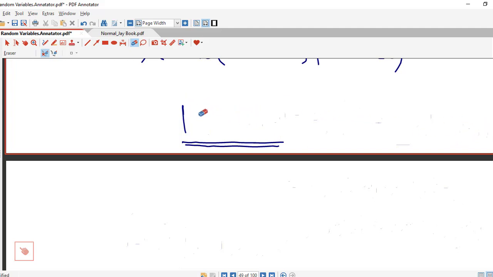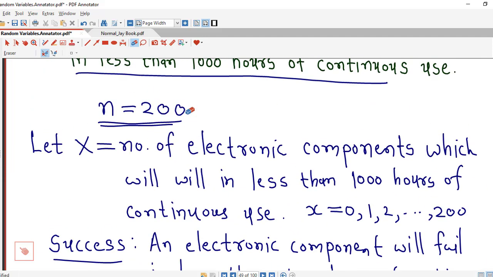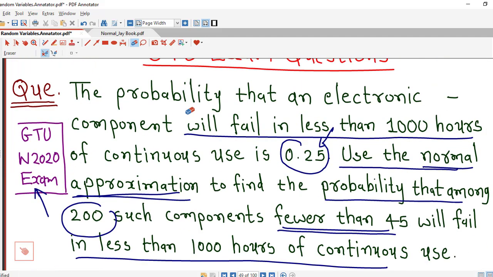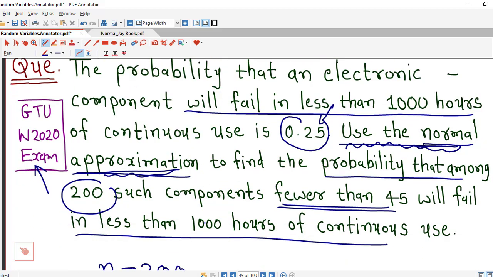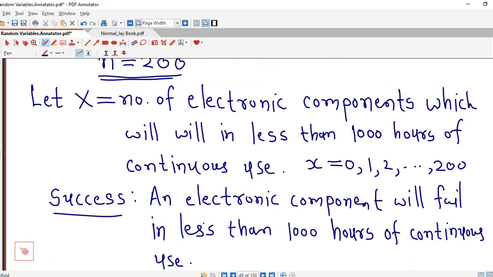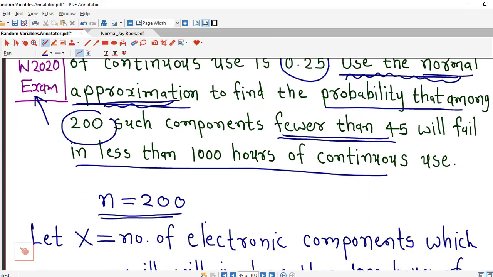So here it is already given that use normal approximation to find out this probability, so we don't have to check even those conditions that n into p is greater than 5 and n into 1 minus p is greater than 5. It is already given in the question that use the normal approximation, so we can directly use the normal approximation. But if it is not given, then we should check